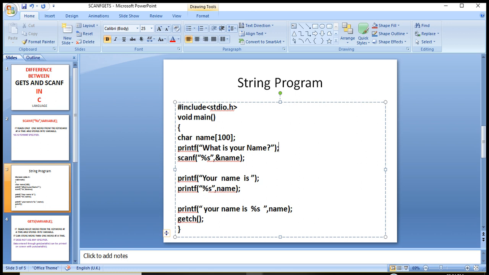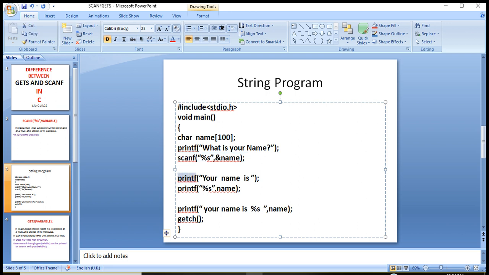And then, reading this message, the user will write a name. The name entered will be stored into the name variable because the scanf function takes data entered by the user and stores it into the variable, as we have learned.